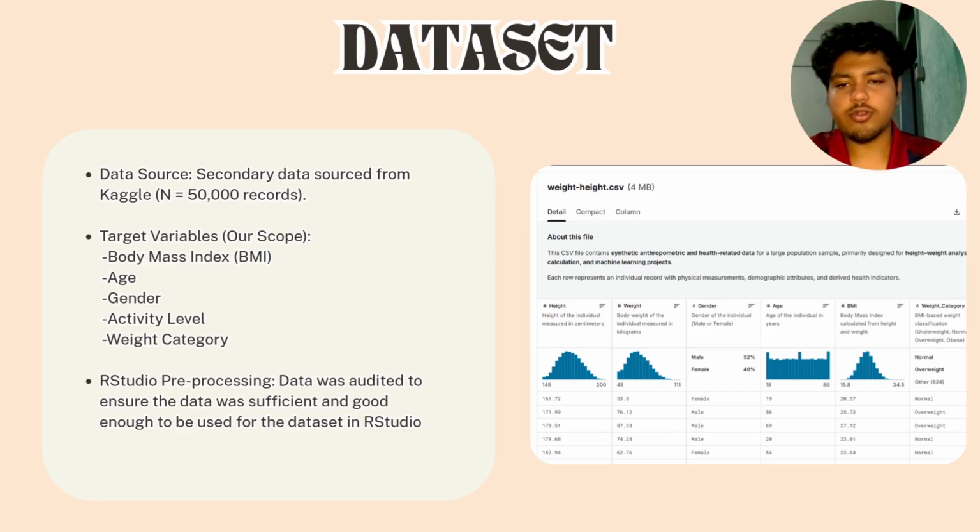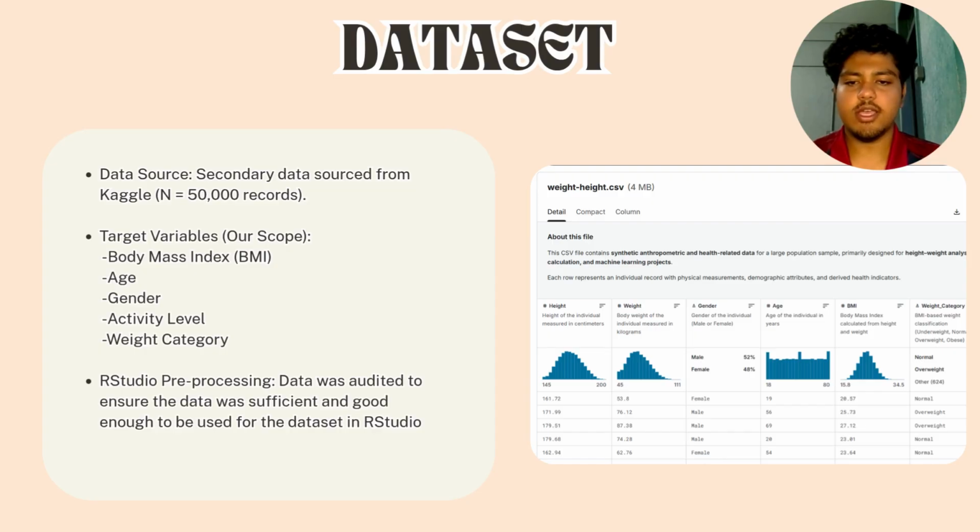Moving on to our data set and how we prepared our workspace. For this study, we are utilizing a secondary data source retrieved from Kaggle, containing a massive sample population of 50,000 unique records. This gives our model an incredible amount of statistical power. Out of the variables provided in the source file, our team isolated five specific target variables to align with our research boundaries. Our continuous dependent variable is body mass index (BMI), alongside age, gender, physical activity level, and